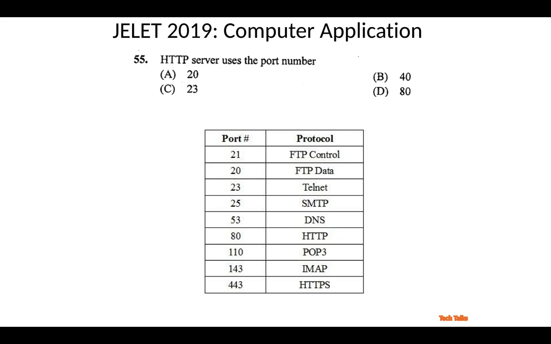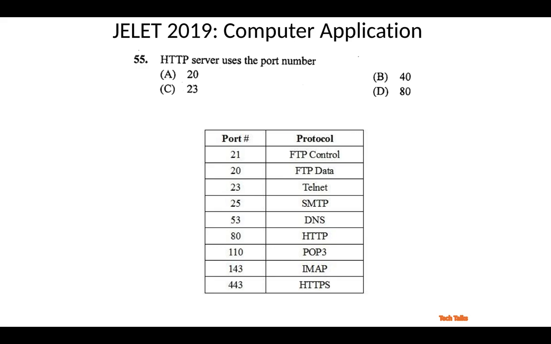Also let me tell you that sometimes people say that for an HTTP server the port number is 8080 instead of 80. Why? This is because port 80 is used to send the data, and again to receive the data, the same port 80 is used. So that's why for some websites you may find xyz.com:8080. That is because some say port 80, some say port 8080, because the same port 80 is used for receiving and transmitting. But that is not always the case.